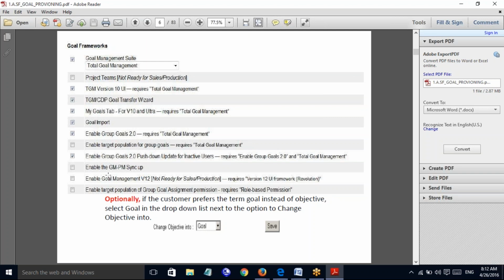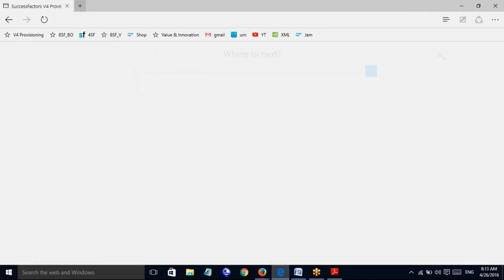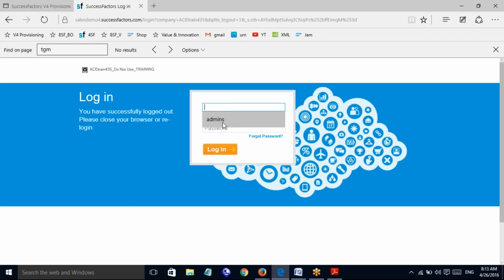Okay, it requires enable goal management and enable target population for goal assignment permission, which requires RBP permissions, which are already enabled. So if you just look here in the instance section, you can see everything the same, like the settings you see in the goal management.